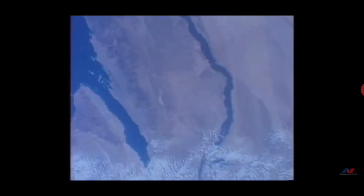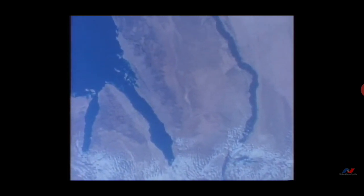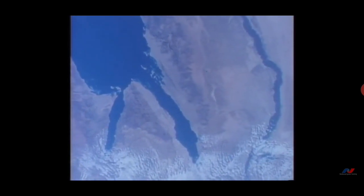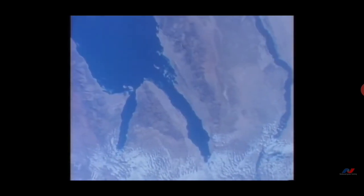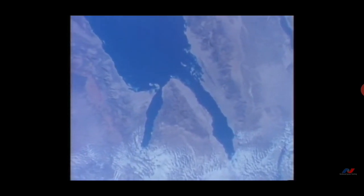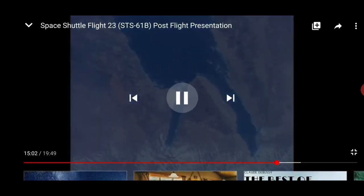Now this shows us coming down off the Red Sea. In this picture you can see the Nile, the Sinai Peninsula, the Red Sea, and the Gulf of Suez, along with the Arabian Desert. This area was not an area that we were able to see most of the time, so that's very special to us to even have this picture. By the way, north is pointing on the bottom of the...